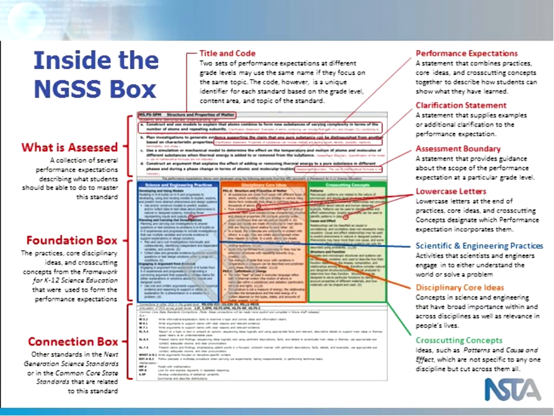So the standards have a particular format here. This is an example of a page from the May draft and has different elements on the page. There are performance expectations at the top here, the outcomes that you're supposed to have. There are these elements, the foundation box, this whole element here that has those scientific and engineering practices, the blue piece here, orange of these disciplinary core ideas, and then the green cross-cutting concepts. And these all blend together.